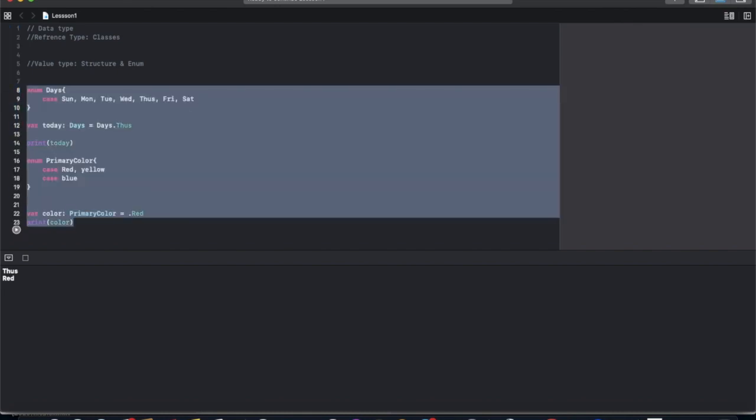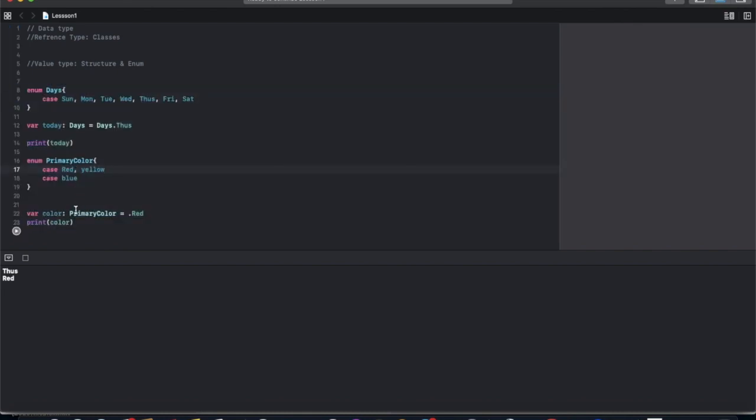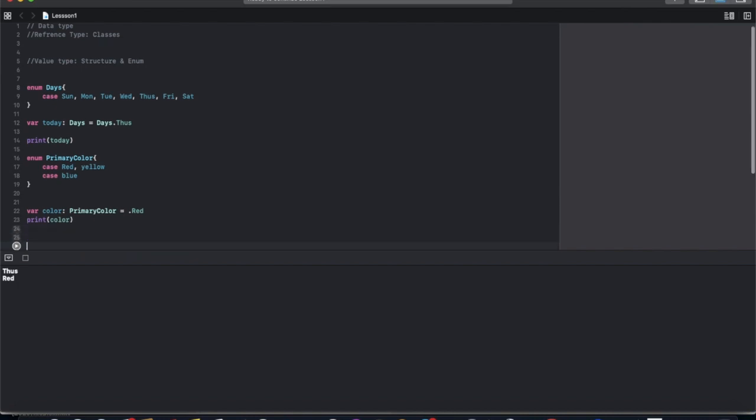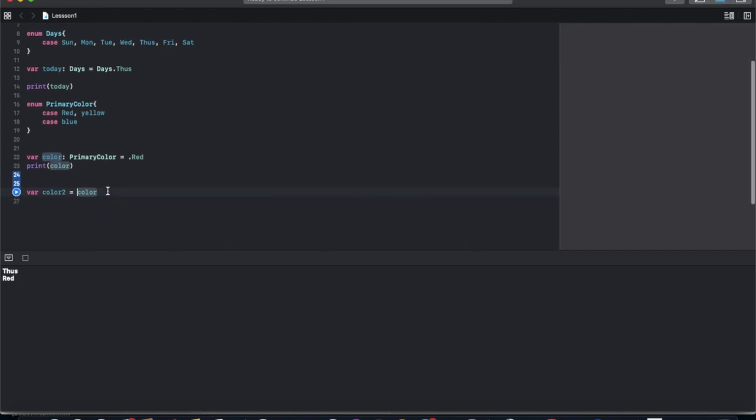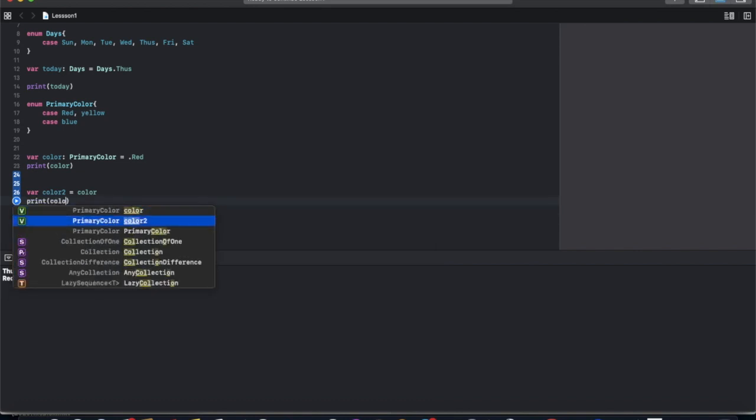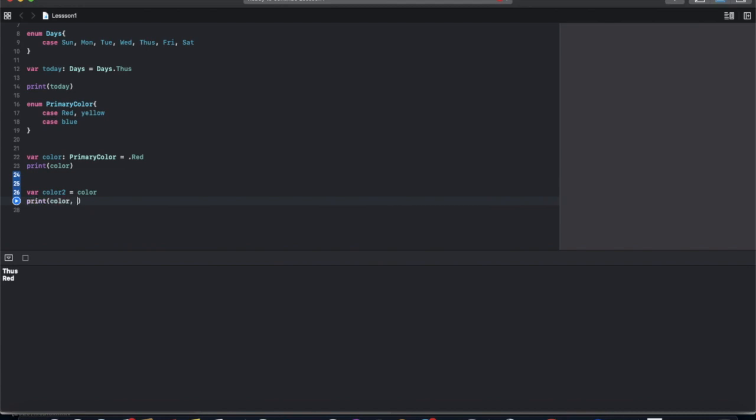We can check in the case of enum: if we create another variable color2 and provide the value from color, now printing color and color2, both are the same.